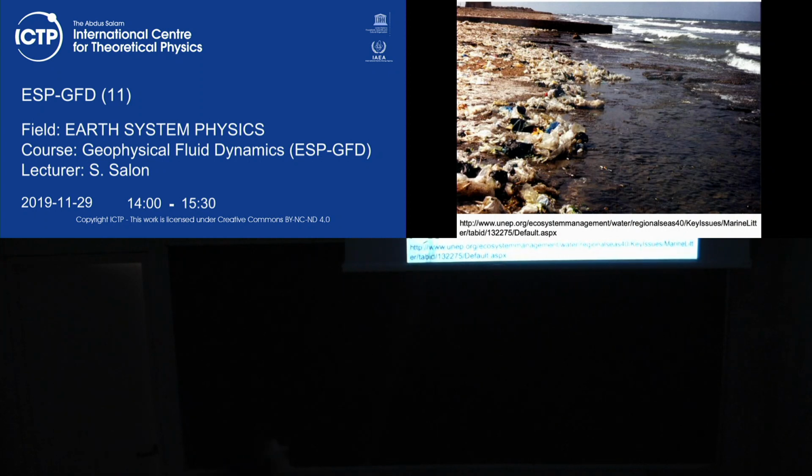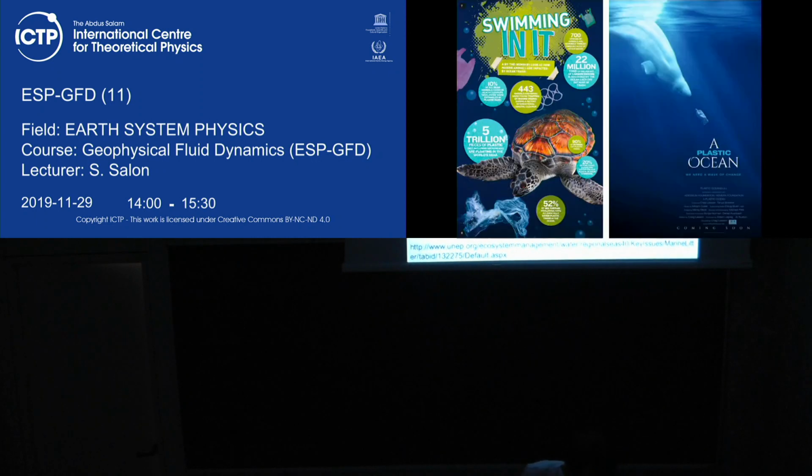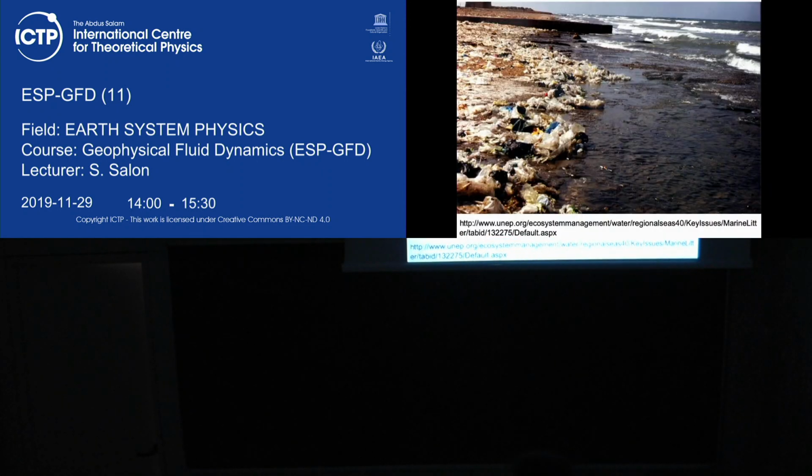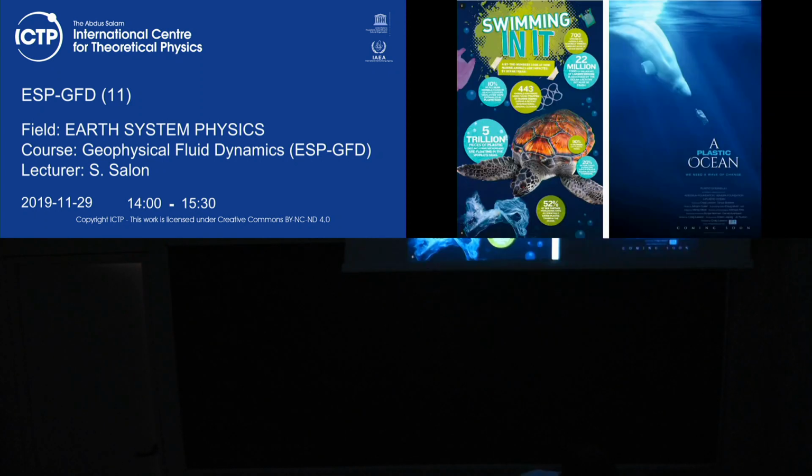So pollution is again close to the coast. Coasts are extremely important because you have the interaction of the land, of the anthroposphere, anthropic pressures, and of the ocean. And so it's a strong area of discontinuity where a lot of phenomena occur. This is also in some sense related to floods, okay? Because when you have floods, you can have a lot of debris that go down through the river and then reach the sea. And finally, the problem of plastic.